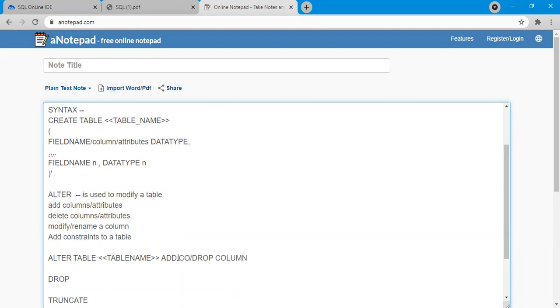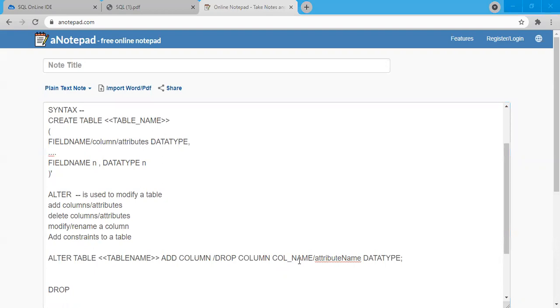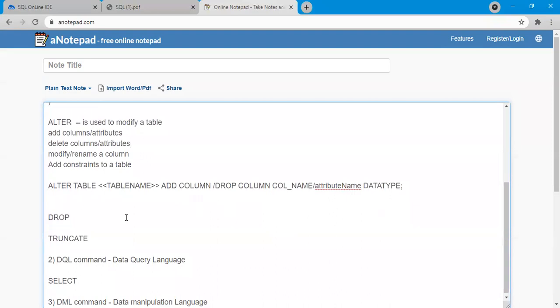So let's say add column also, depending on data type, and then column name or attribute name, and data type. This is the general syntax. For multiple columns, we'll show the syntax again. So clear on the alter part. Now let's move on to the drop part,